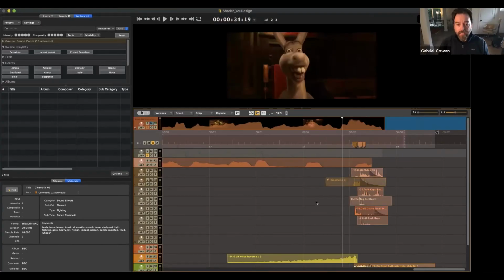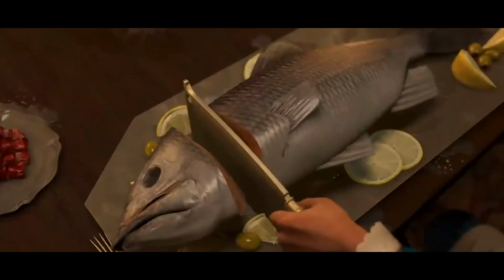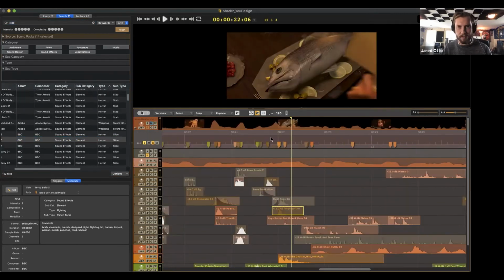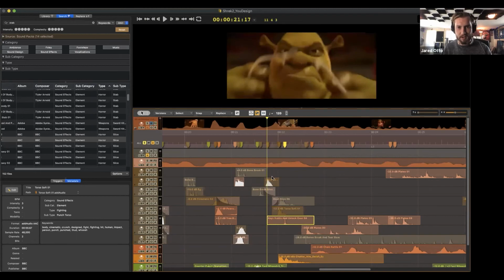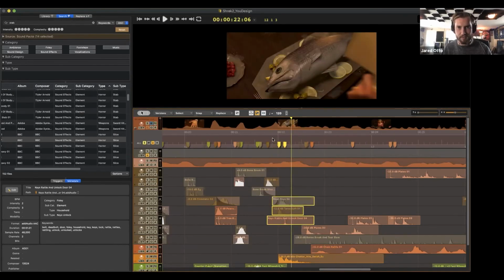How did you find all of these sounds? There's not a lot for chopping a fish head off. Just look up stab or knife or blood. And then I would find something like meat slice, I think. So I have a soft punch to get the thud of the blade coming down on top of that. And I also did the key rattle again. And then all together, it just...